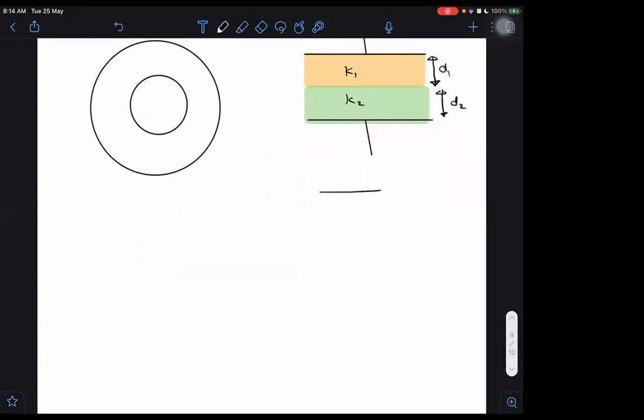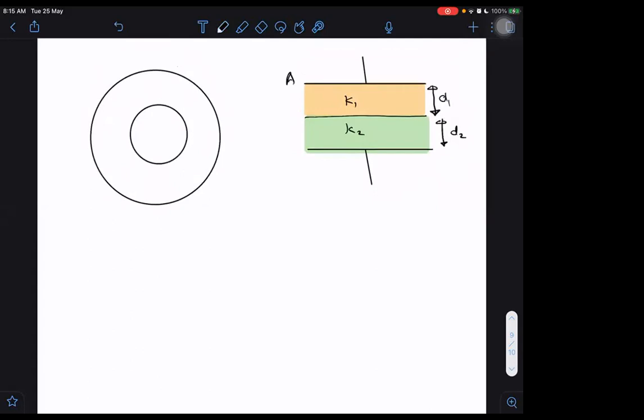I can take a separate capacitor with K1 gap, and I can assume as if there is a thin plate kept in between. There is a separate capacitance up to this, and a separate capacitance up to this. Areas will be the same if not mentioned. Why would it be different? The diagram also indicates it is the same. We don't know the dimension on the other side, but if they have not mentioned anything, assume it to be the same. Assume area to be A.